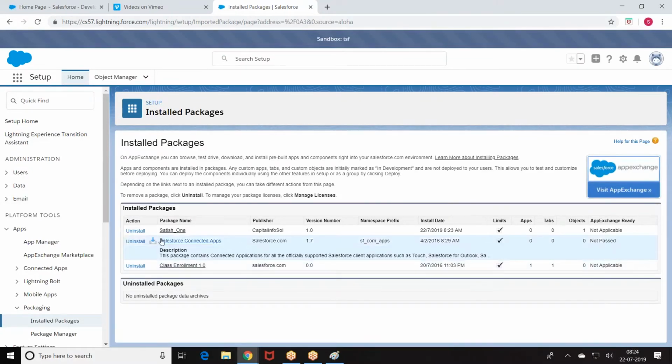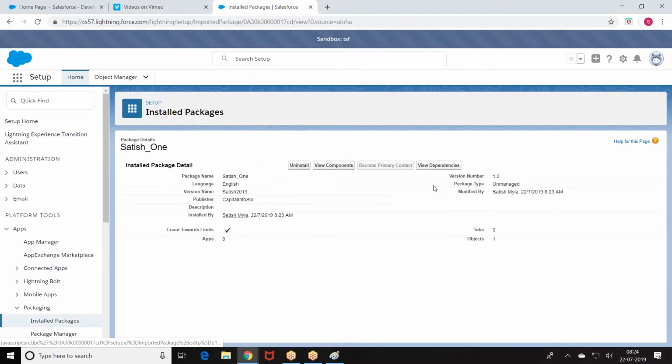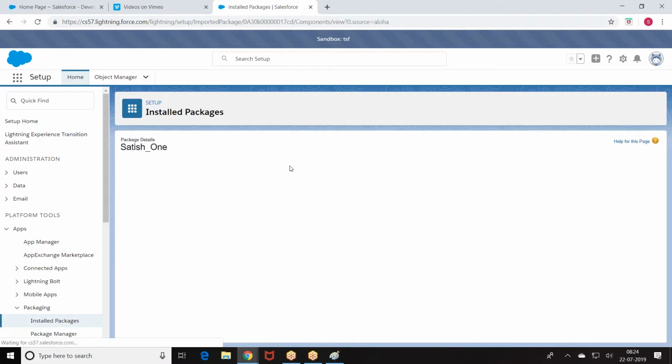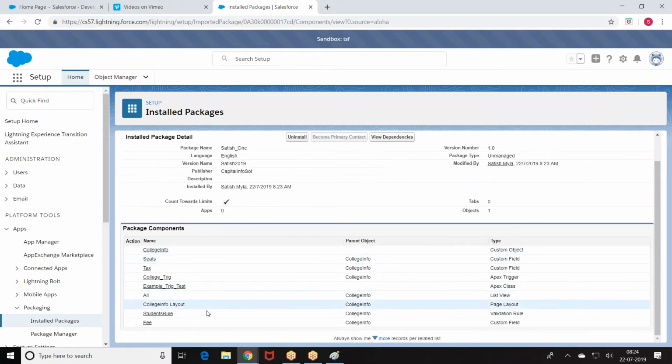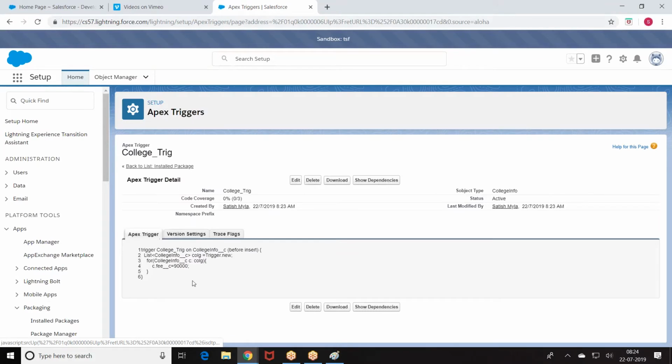Now look at this. Satish 1. View components. This is what I gave, right? Then I have a trigger, open the trigger. Are you able to see the source code?